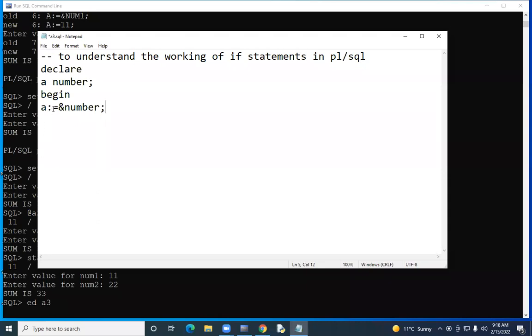So when this statement is executed, it will give you a prompt, enter value for number. Okay, this is a message which comes in the prompt, and the value gets stored in the variable on the left hand side. And this colon equal to is the assignment operator in PLSQL. So I've inputted a number, okay, and then I can write something like if